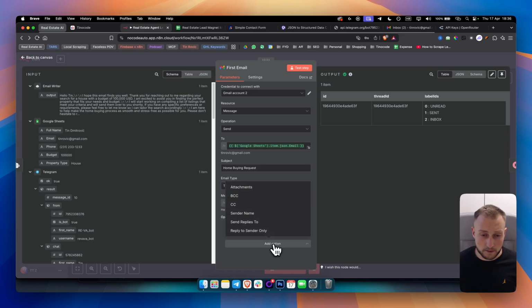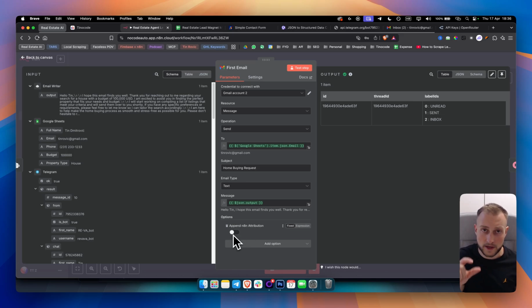Also, make sure to add an option and click append n8n attribution and just turn it off, because if you have this on, it will say sent with n8n, which we don't want. So we want to make sure we sound and we feel like humans. So, okay,